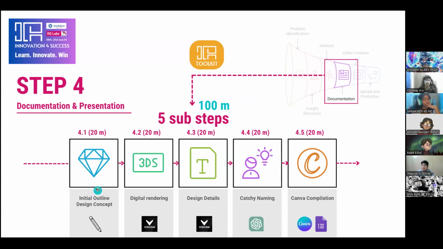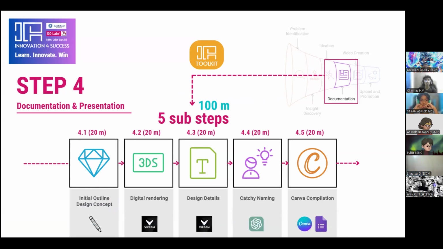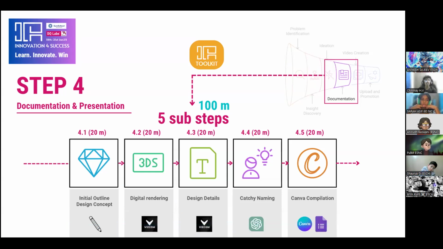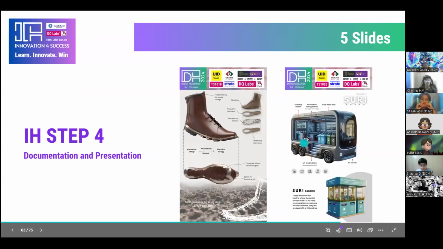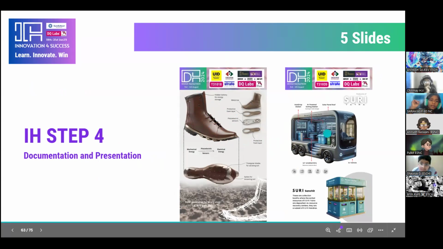What we want you to do here is the first sub step, to create an initial outline or design concept. You would be creating a very neat outline or sketch of the idea, and then you'll be processing that through Viscom that we learned earlier. So you will be able to generate a rendered image using it. These examples here show some really nice Viscom rendered images. A simple line sketch will be put into Viscom, and once you give directions, it will be able to create these nice renders for you.